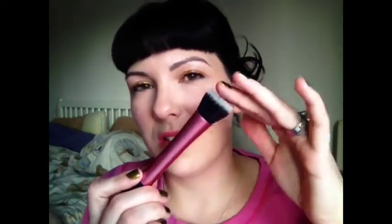I put a small amount in my hand, and it's basically a wiping motion. You never want to go with your brush because it's going to make all the bristles go outwards. So I do a back and forth wiping, and then under the tap I'll just pull so that all the product comes out, keeping the bristles together so that it stays in that nice shape. Otherwise it's going to sprawl out and be all gross. Doing that will make your brushes last a lot longer if you're just really